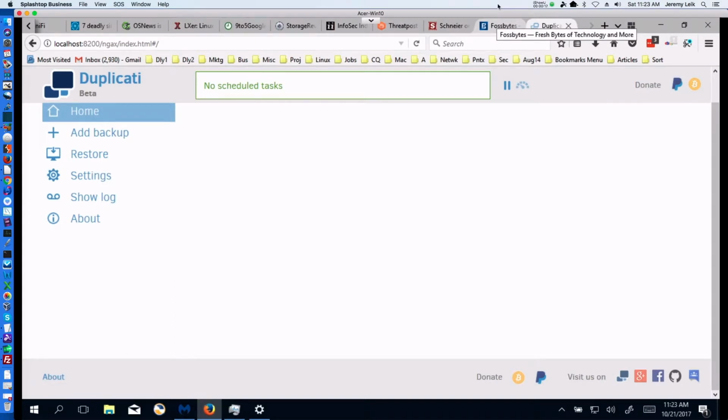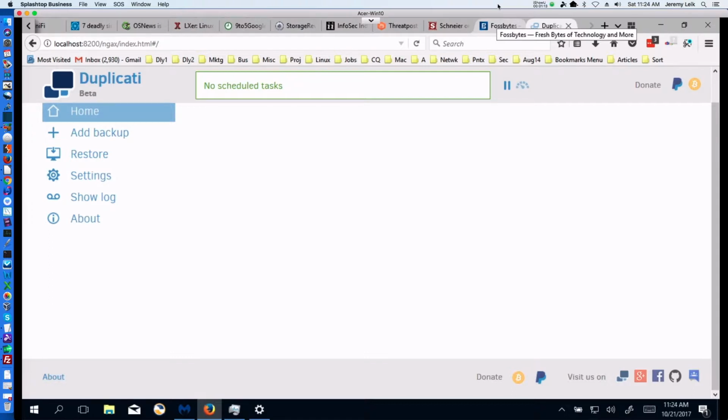In this segment, we're going to look at Duplicati. Duplicati is a .NET based backup software that will allow you to back up to multiple different types of remote locations. The user interface is in the browser, and since it's .NET, you can actually run it on Linux and Mac OS using Mono. For the purpose of this demonstration, we're going to set up a new backup, and we're going to go through and back up files to my